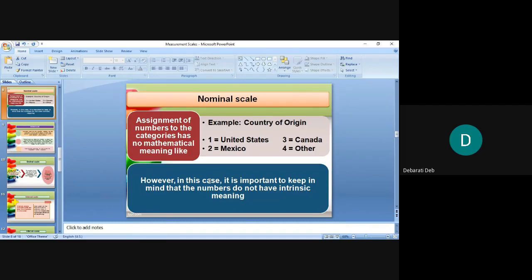Simply you put numbers. You can put 1 in place of Mexico. You can put 1 in place of Canada. Doesn't matter, because you're just following an order, 1, 2, 3, 4 like that. So it won't matter. But don't put 10 on 10 for United States and 5 on 10 for Mexico. Not like that. It should not be like that. Simply you need to assign some numbers. I hope it is clear to everyone.